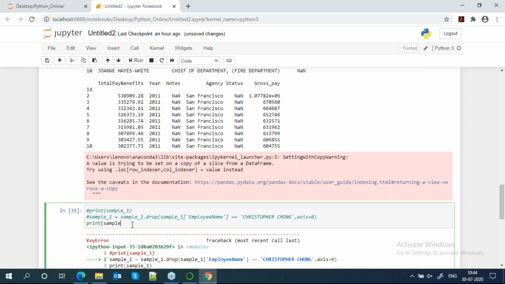create another. You can use this also, like how to drop row. This one, employee name, right? This is also you can use.